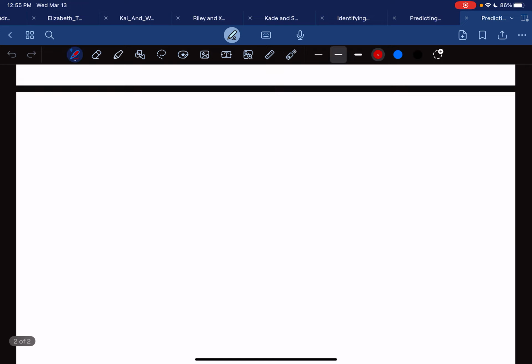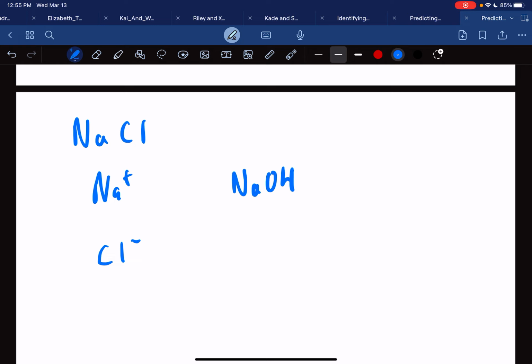So let's take a look at NaCl. So NaCl in reality is Na plus and Cl minus. Agree? So if we take Na plus, we know that that is the conjugate of NaOH. Another way of thinking about this is when you have the positive ion, think about what it would be with an OH. Now, if you take a look at the rules for solubility and whatnot, NaOH is definitely a strong